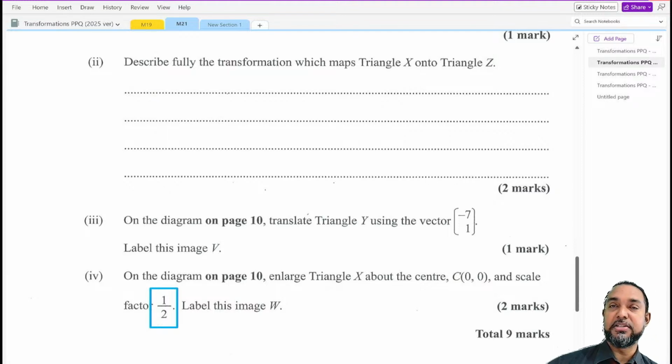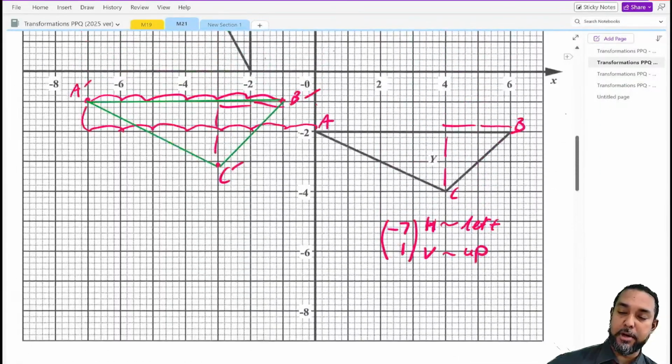If your scale factor is bigger than 1, you're going to get bigger. If it's between 1 and 0, you're going to get smaller. Because between 0 and 1, it's only fractions. And fractions are pieces. So here, what's actually happened is we're scaling down. Right? Now, when you scale down, what's going to happen to the shape? It's going to get what? Smaller, right?